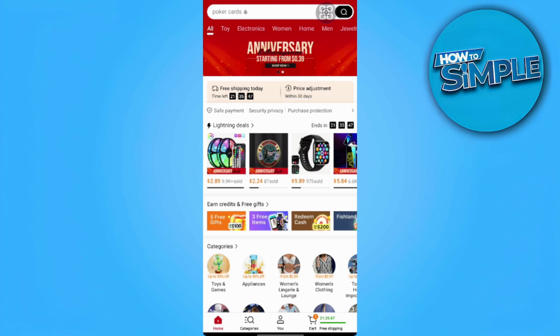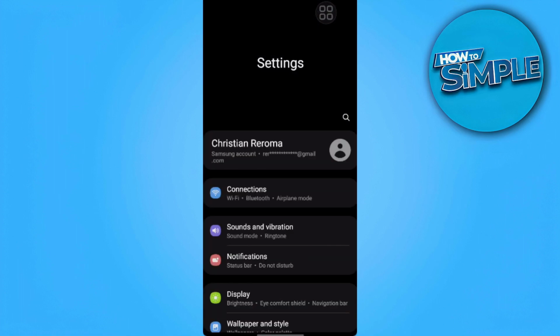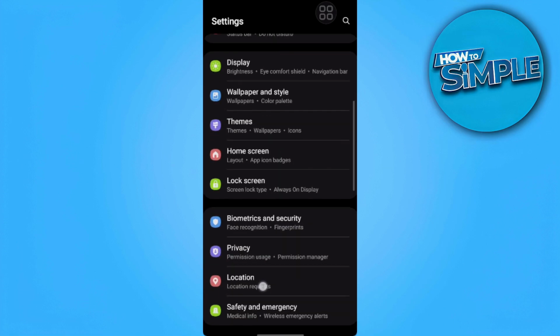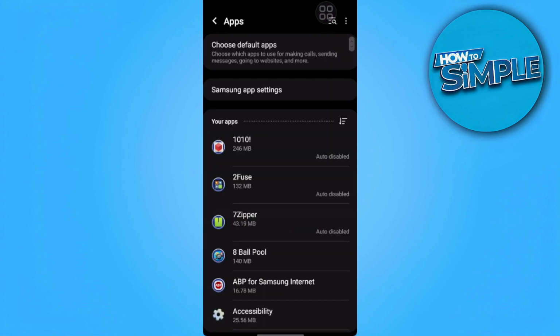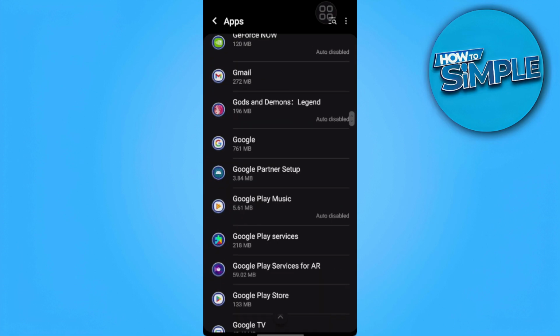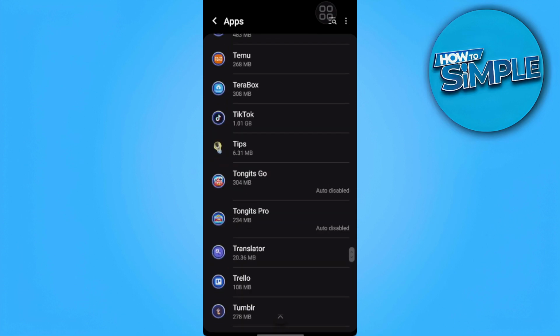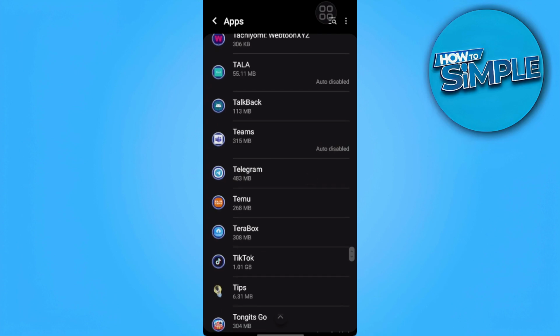So if you want to fix your wish list that doesn't show up on your Temu app, first thing we want to do is to go directly to our phone settings. So we want to go to settings. Now in the settings page, we want to go and find apps. So here in our apps page, we want to scroll down until we find Temu. Now that we've found Temu, we want to tap on Temu